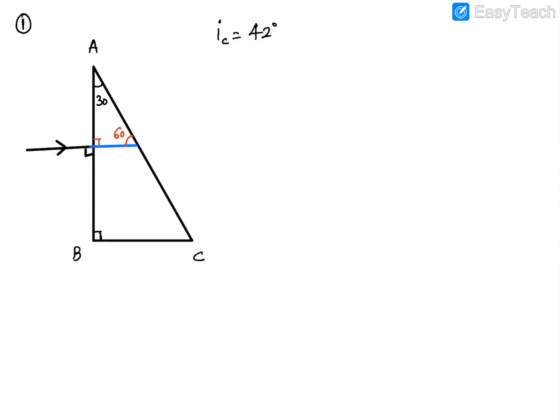So we'll get 60 degree. So what's the angle of incidence? If some of you got the answer 60 degree, then it's wrong. Okay, now comes the important part. What we are going to do is follow NICE.